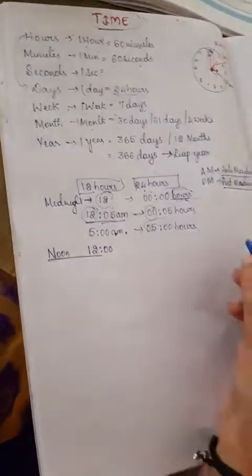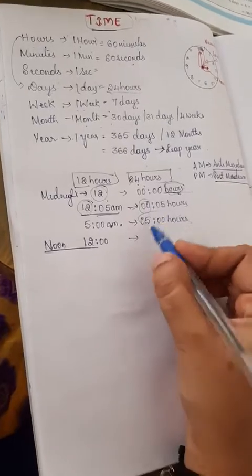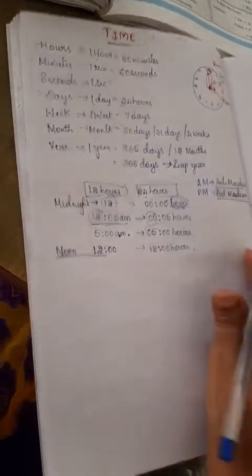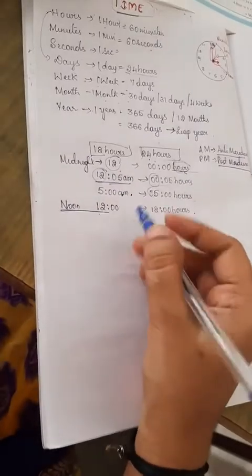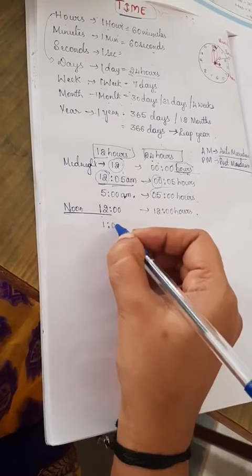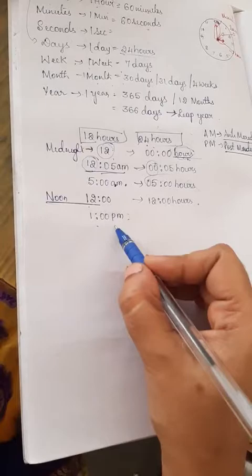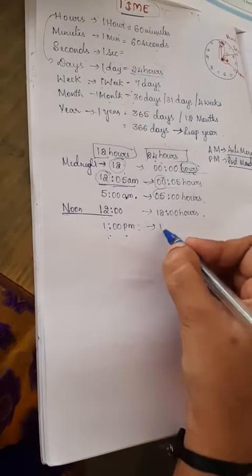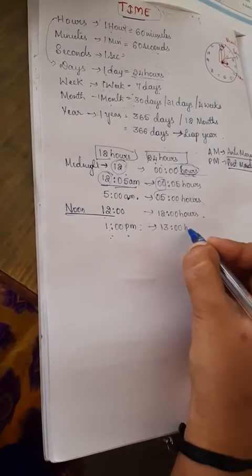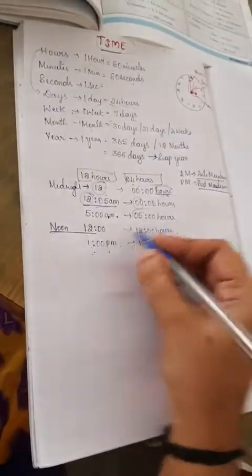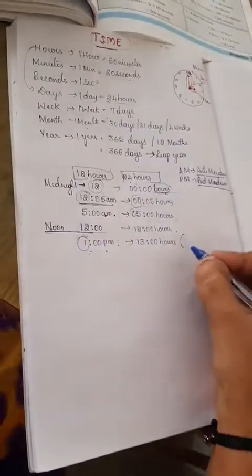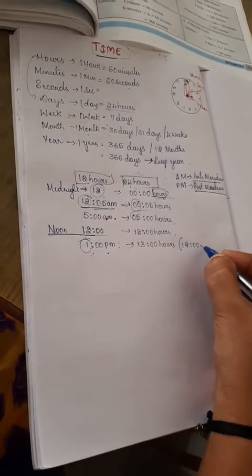What you will be there in your school? If it is there like that, means in 24 hours we are going to say 12 hours. Okay. After this, for example, your lunch break is at 1 p.m. So, when you are expressing after 12, this will be expressed as 13 hours. Okay. So, afternoon, after the noon, that is after 12, whatever the hours will be there, you have to add it. That is 12,